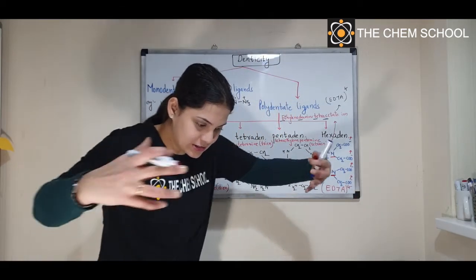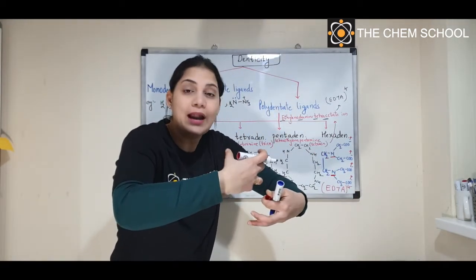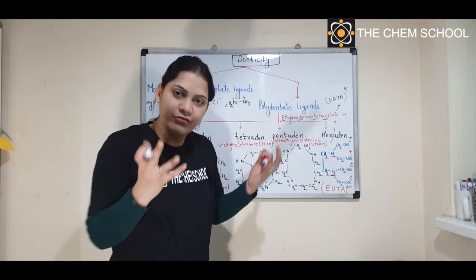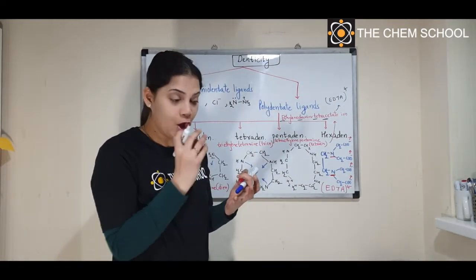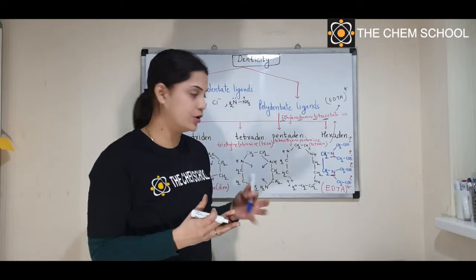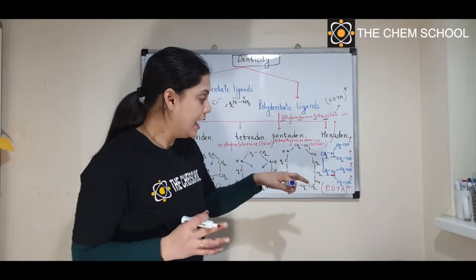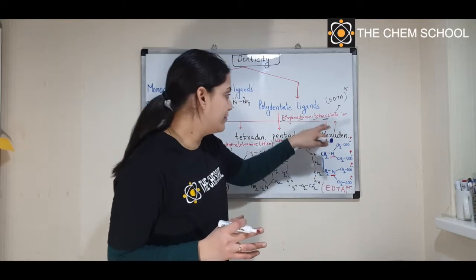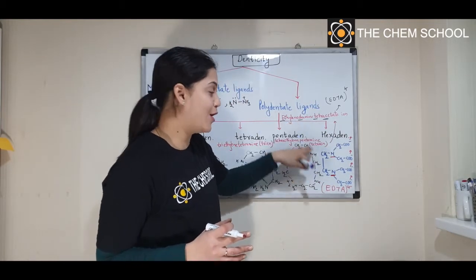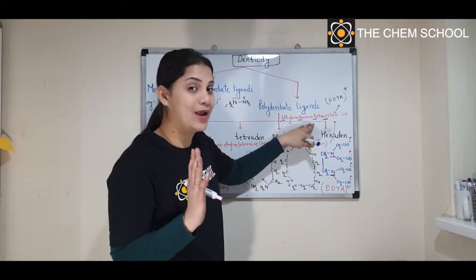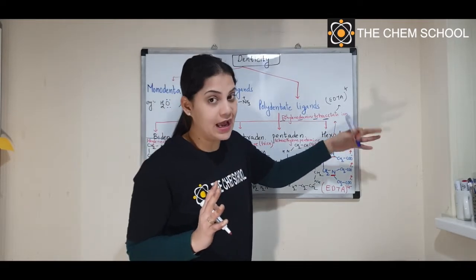They will just hold the central atom inside, and in between you will have the central metal atom. So it is very well surrounded by this particular ligand, and this is called EDTA. Now you can see the EDTA name I have written over here because you have 1 ethylene, 2 nitrogen, therefore diamine, and you have 4 acetate groups, therefore tetraacetate ion.